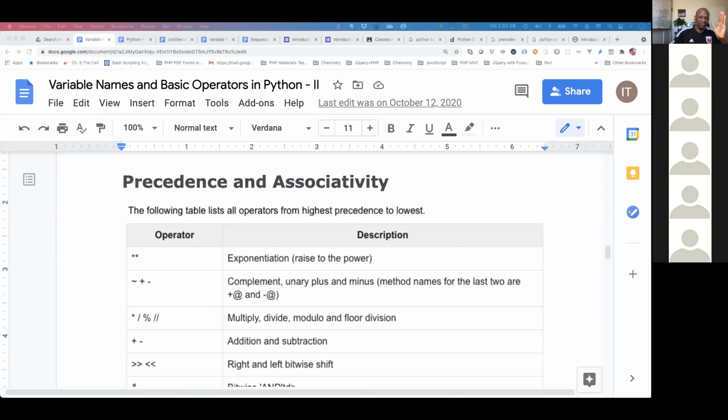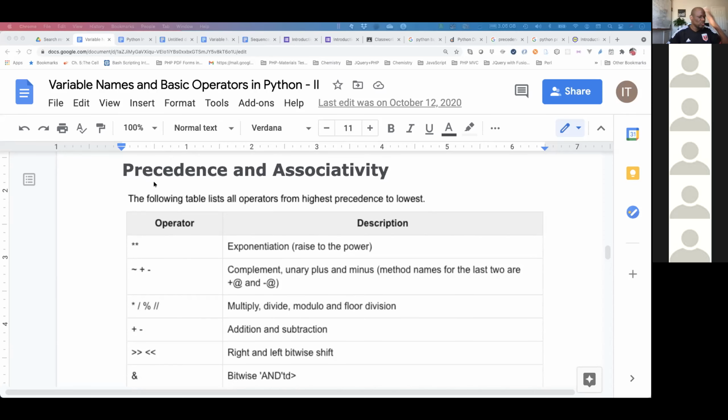In here, the following table will list all operators, what Lucy talked about, from the highest to the lowest. And let me warn you, you don't have to cram this. You don't have to know it off your head. This will always be available for you. If you're a programmer, feel free to reference it. Nobody will ask you this, probably in a test, but if they do, probably you have an idea.